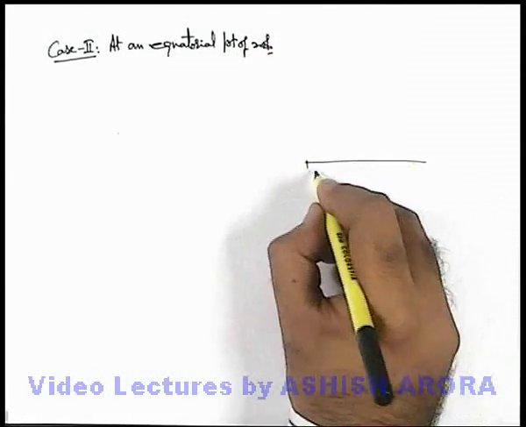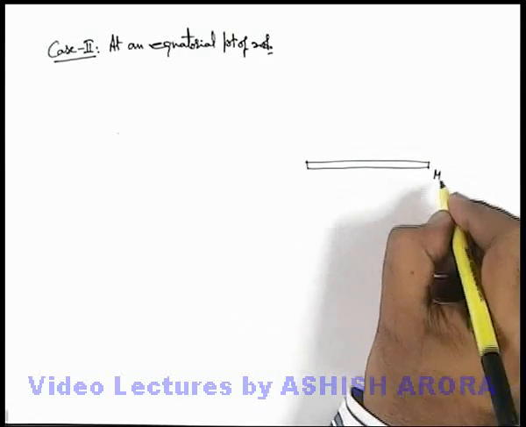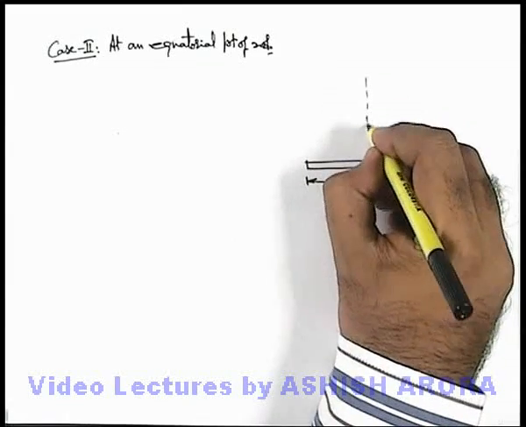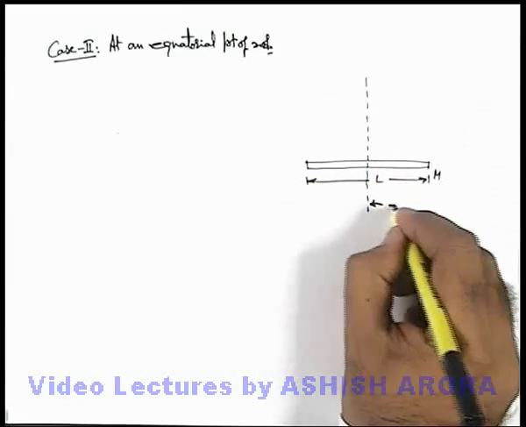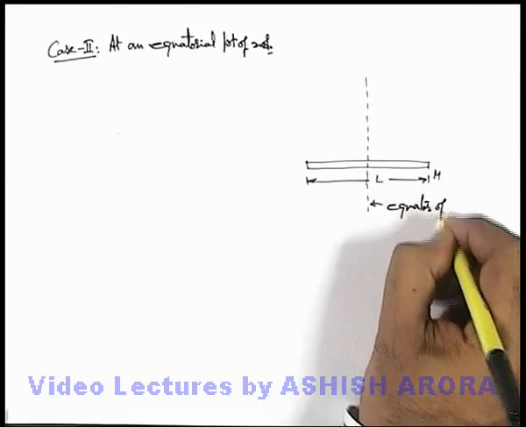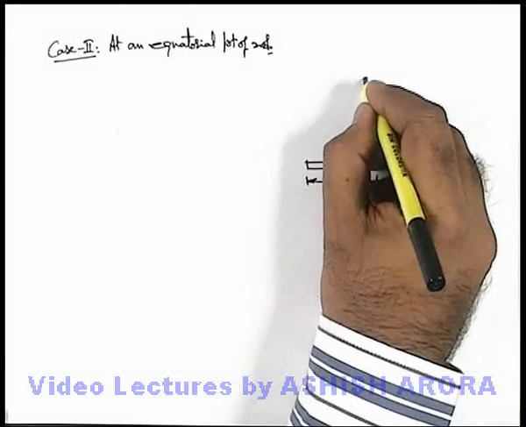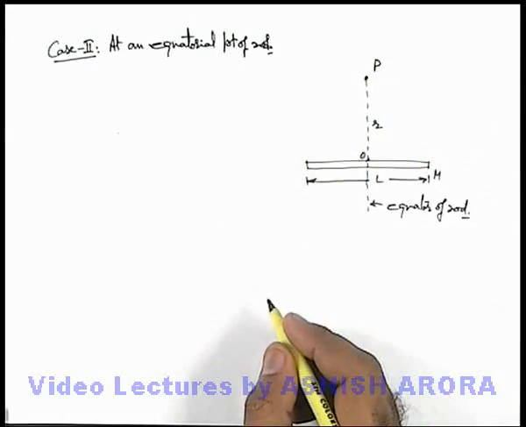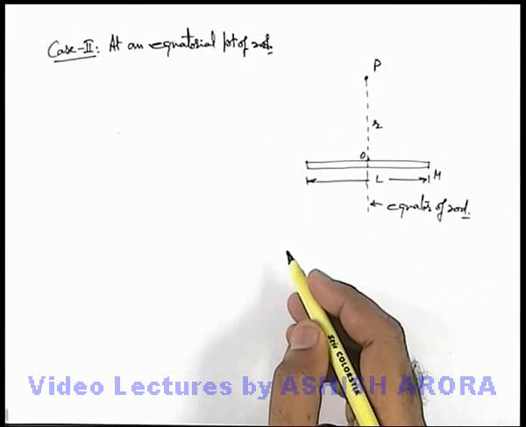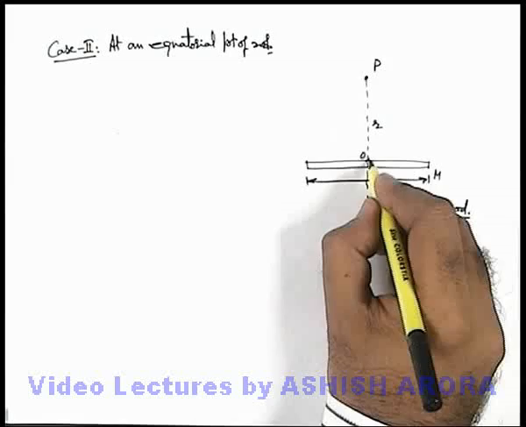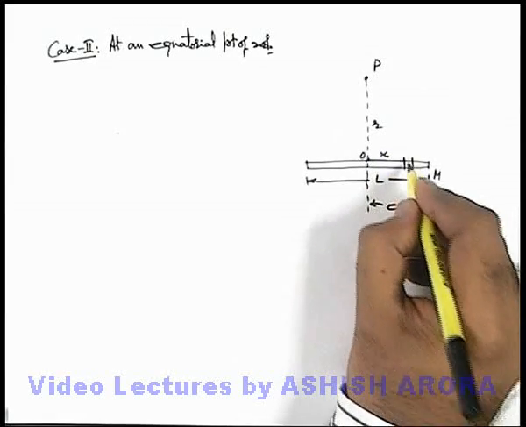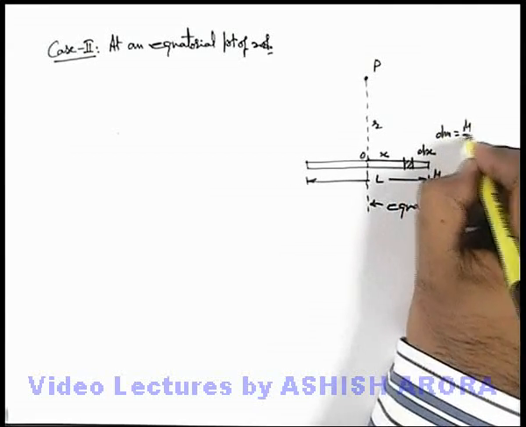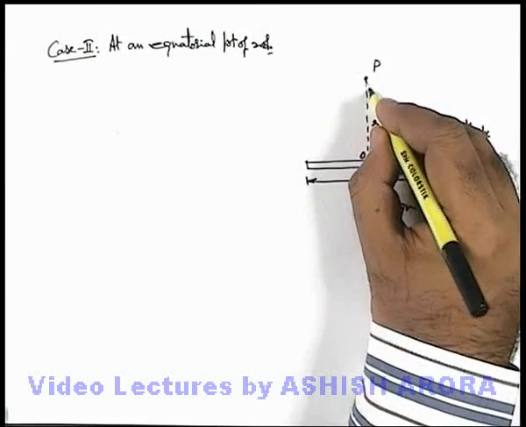So if we are given a uniform rod which is of mass M and say its length is L, and in this situation the perpendicular bisector of the rod is termed as the equator of the rod, and for the uniform rod, say there exists a point P which is located at a distance R from the midpoint O of the rod, and we are required to find the gravitational field at point P. Then the process is same. At a distance x from point O, we consider an element of width dx. The mass of this element dm can be written as M by L dx,